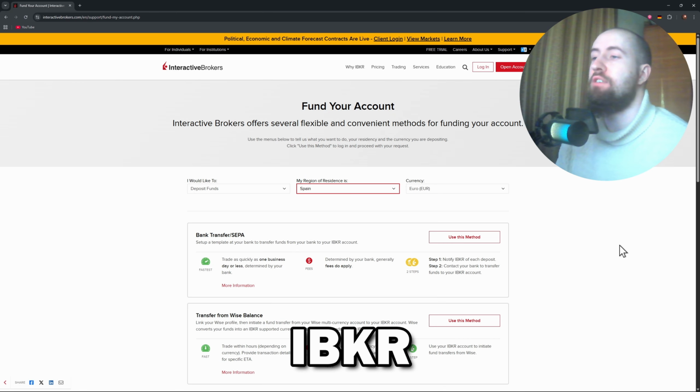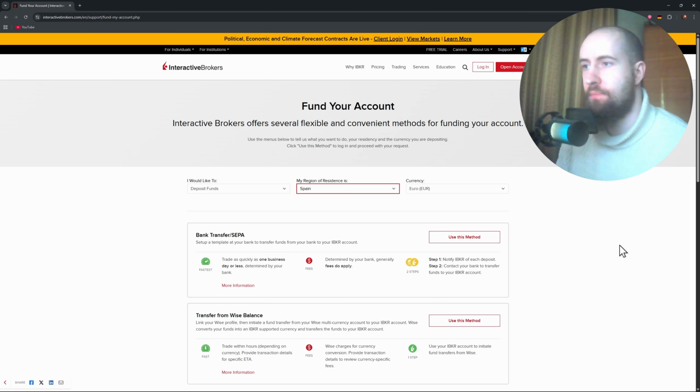Fund your Interactive Brokers account easily. So today I'll show you how to fund your accounts on Interactive Brokers so you can start trading quickly and securely. So first you need to log into Interactive Brokers client portal using your credentials, and then